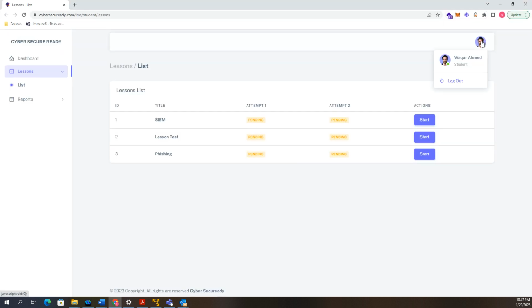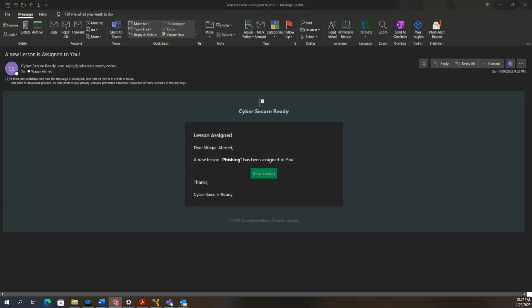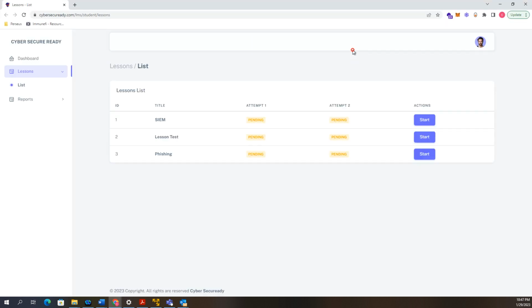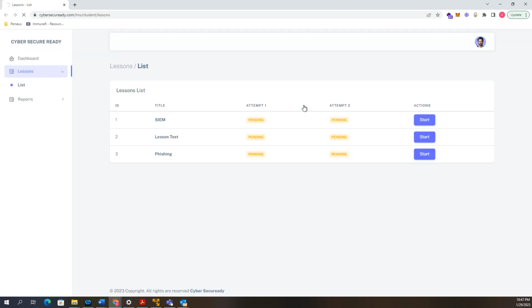okay, so right now the manager was logged in, so we need to log out, and now if we click on view lesson, the dashboard will open for the user, and once you click on start lesson,